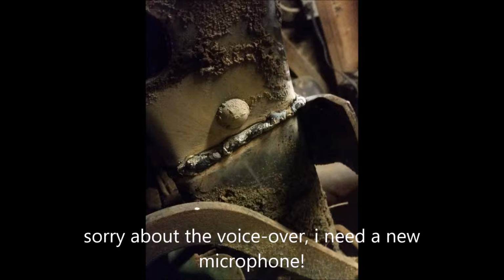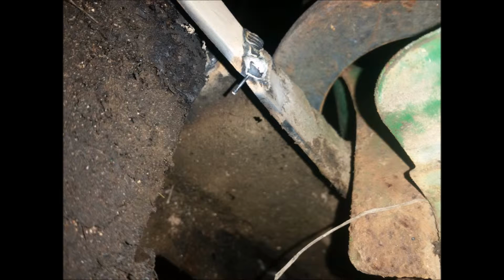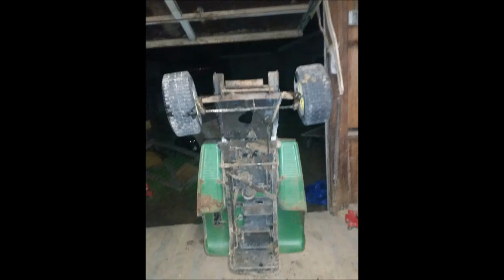Alright, these are just a couple pictures I took with my S5. You can see here the welds didn't really come out all that great. I was having a bit of trouble with my wire feed machine, but it did get really good penetration, so I think it'll last. And here I have the axle put back on, and I was just getting some of the steering loosened up. It's still